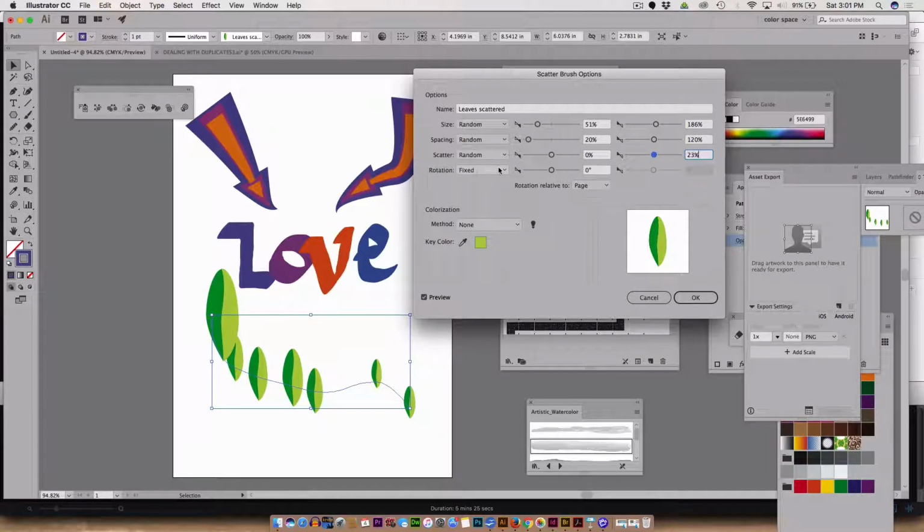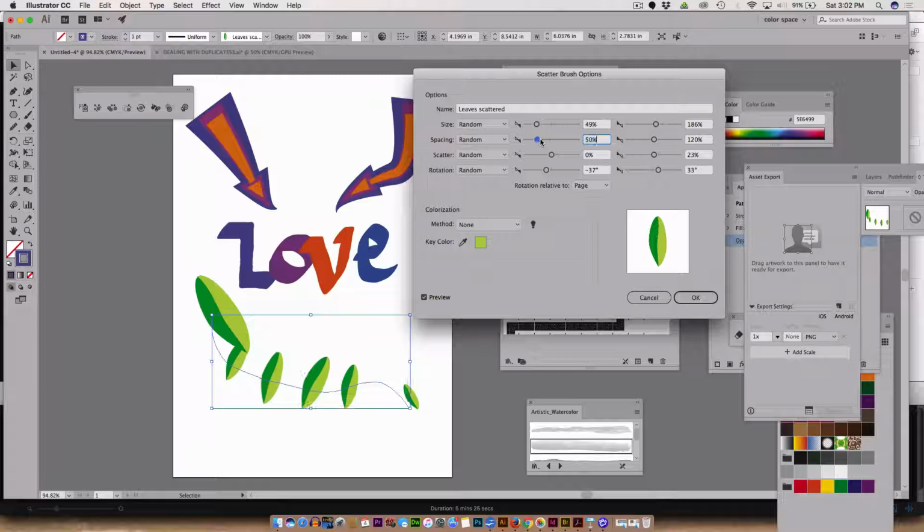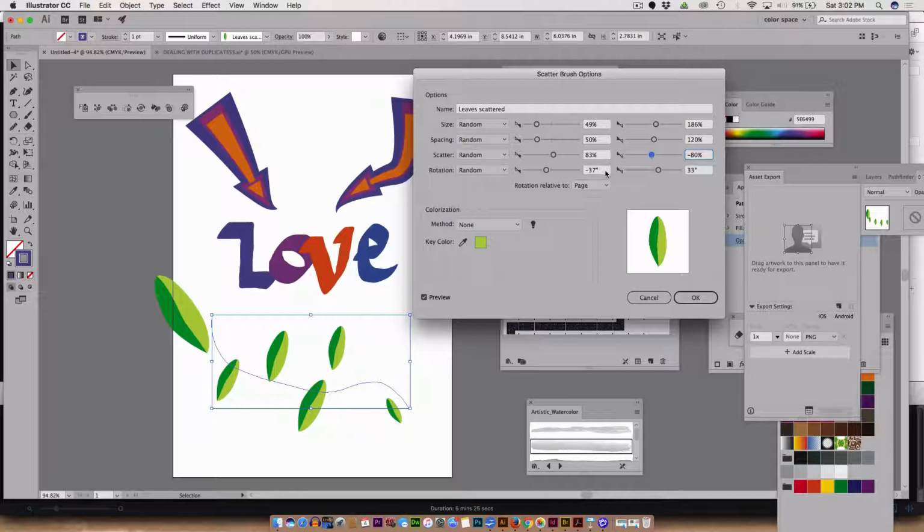And lastly, rotation, from fixed to random, from maybe -37 to 30, or what have you. And that is how you design a scatter brush, by randomizing and changing the values between the sizes, spacing, scattering. Scattering means how far away from the line that you originally drew it is, scattered off of the line or closer to the line. And then your rotations. Size,